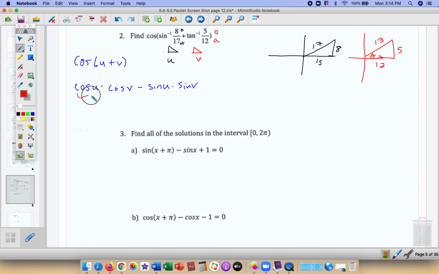So cos u, we're going to look at the dark triangle and find the cosine, which is adjacent over hypotenuse. So adjacent's 15 over hypotenuse 17. Times, now we're going to the V triangle. The second spot is V, or the red triangle, and the cosine for the red is adjacent over hypotenuse, 12 over 13. Minus